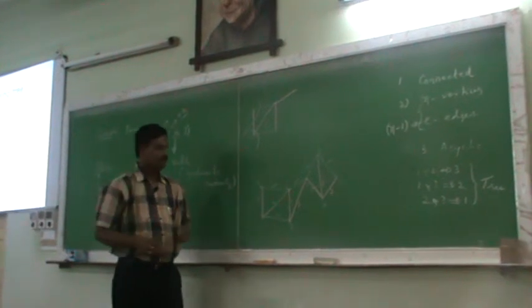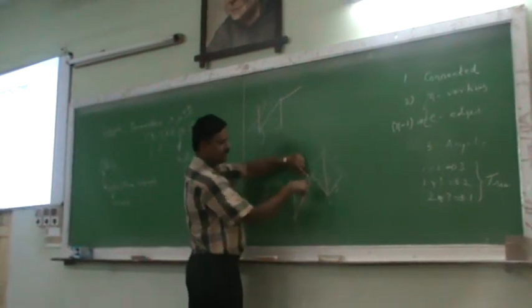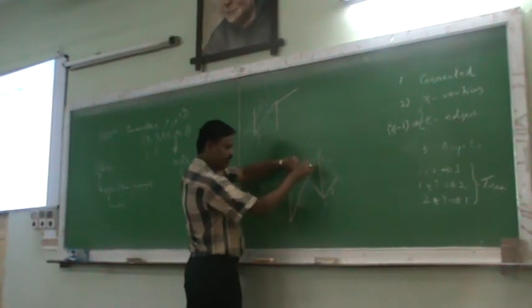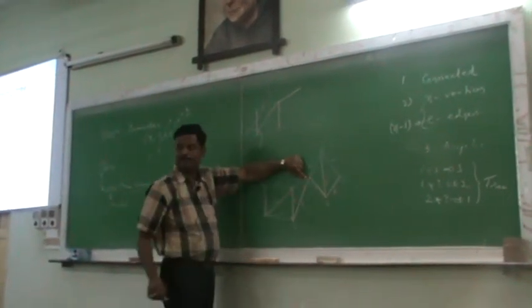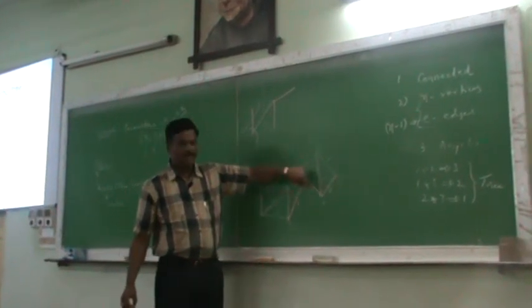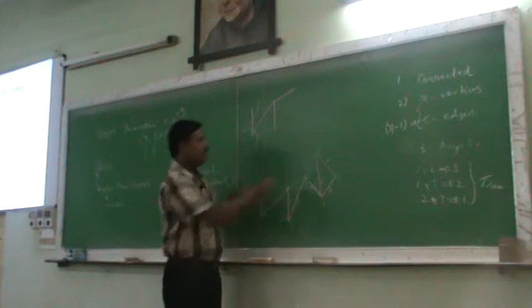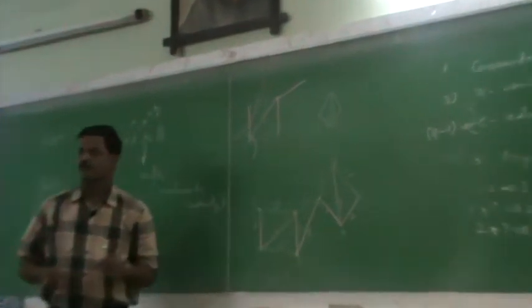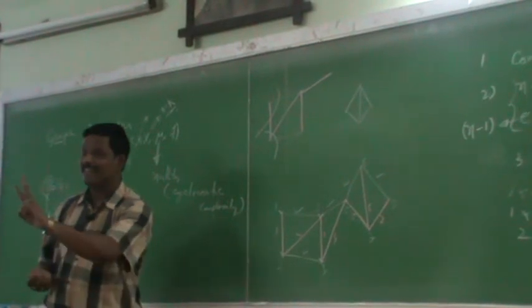Get it? So how many circuits does this subgraph contain? One is this triangle, the other one is this triangle, one is this rhombus, right? Is the rhombus a circuit or not? Circuit. This triangle is a circuit. This triangle is a circuit. If you look at only this part of the graph, how many circuits are there? 3 circuits. But out